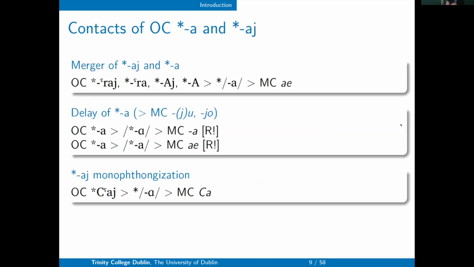So let's conclude. Behind the phenomenon of interactions of Old Chinese R and I, it will involve three major sound changes. First, it's about the merger of I and R, and the second one will involve the delay of Old Chinese R, and also it will involve the loss of final E in Old Chinese I in type B syllables.